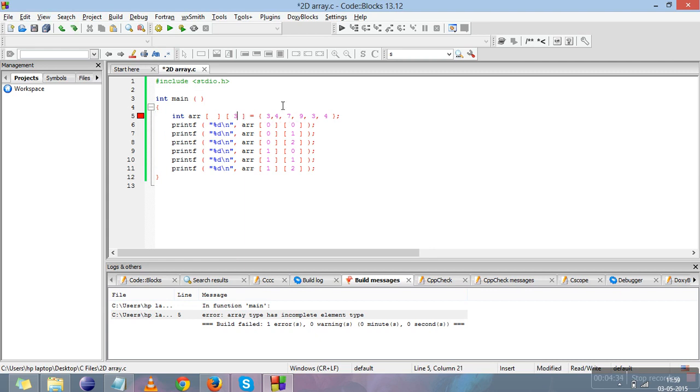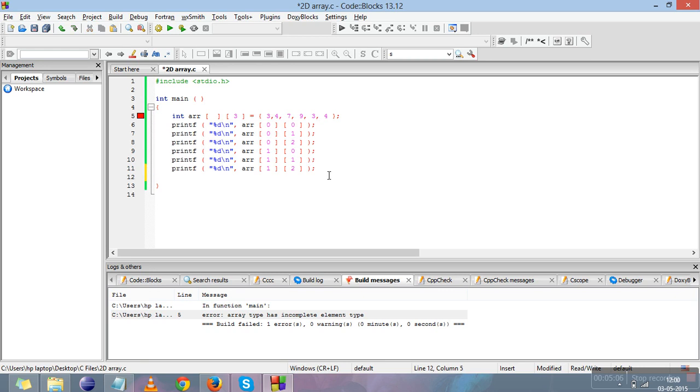The compile time error is because the 2D array is stored column wise, not row wise, so giving the number of columns is necessary. When we specify the number of columns here, it tells us that there are 3 elements in one row, and after that it shifts to the second row. So there is no need of giving the rows, but we should specify the number of columns. So this is about the declaration of the 2D array and retrieving from the 2D array.